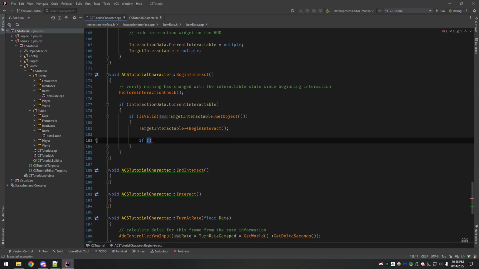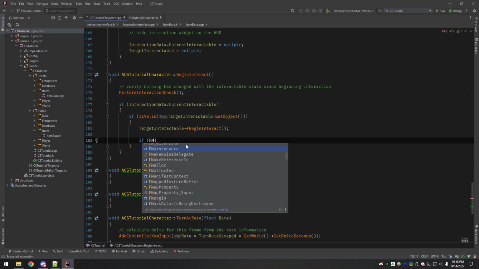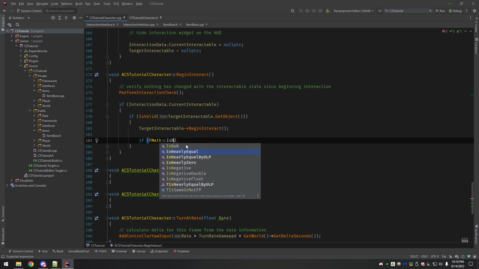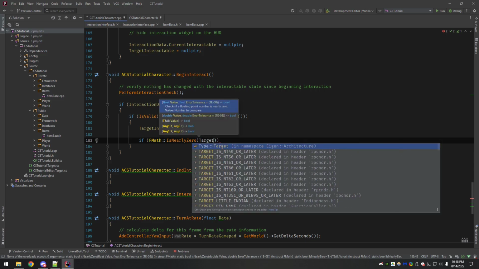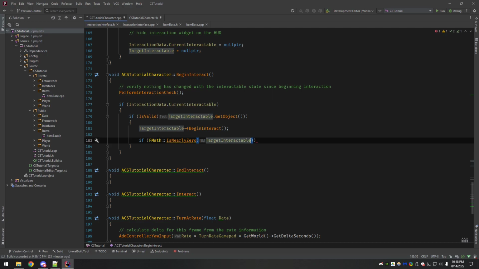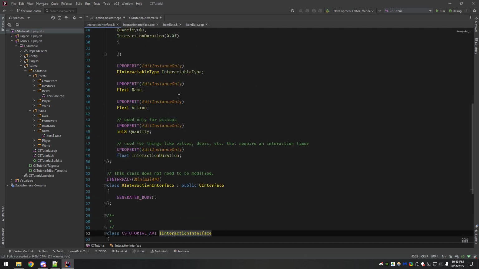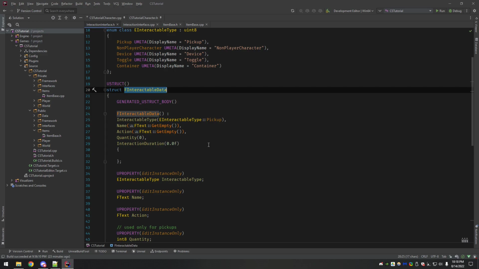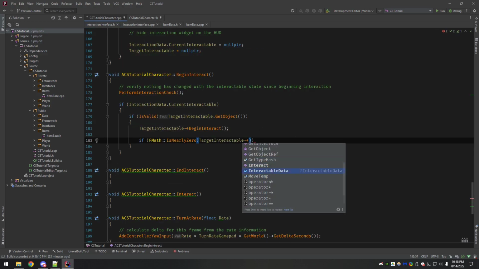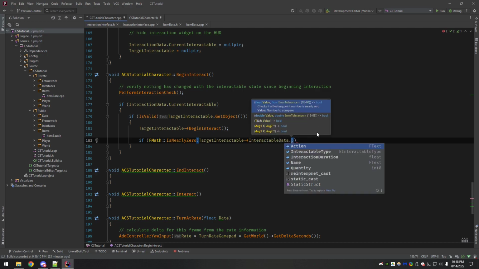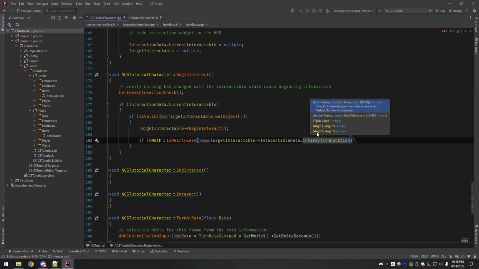And now is where the timer actually comes into play. The timed interaction is going to come into play right here. So we're going to use a function in the FMath class called IsNearlyZero. And what we're checking is, remember we built in the interactable data struct here, we're checking the target interactable data interaction duration.